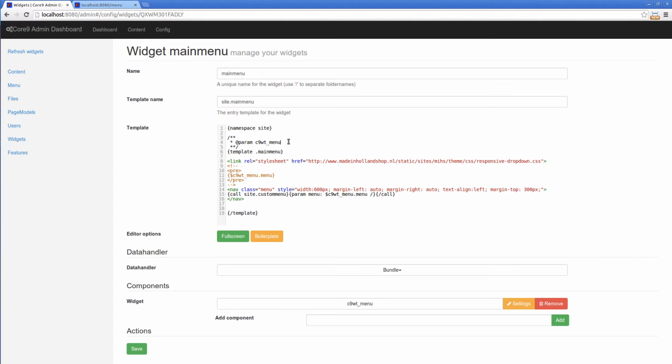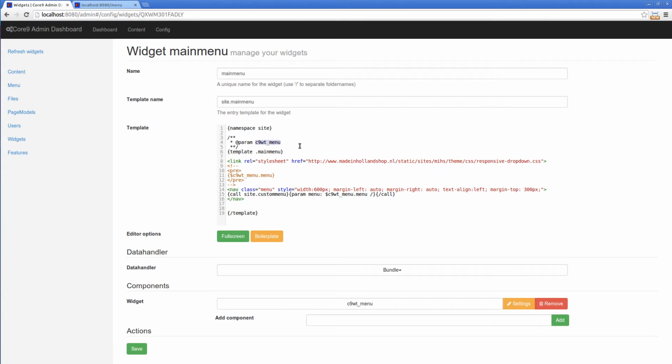That might look a little bit strange, like where you get that parameter from. I got it from when I selected bundle, I added a widget, and that was the C9VT underscore menu, and it's a little widget we put internally in the system, so you get it for free, sort of. You just select it. When it's in a bundle, you call it like this,